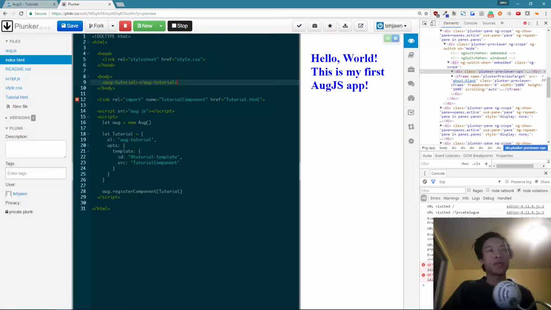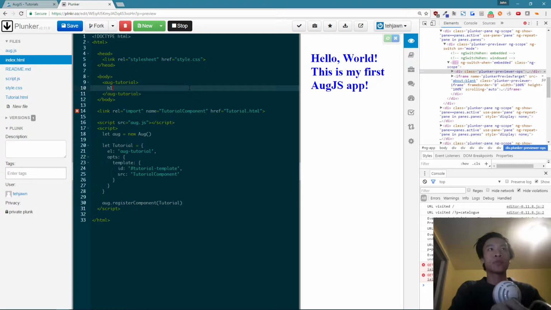Alright, cool. So that is the absolute basics of starting your first AugJS app. But let's just say you want to get a little bit more in detail. So let's give the HTML thing a shot. So over here, I'm going to do h1, and I'm going to make this h1 say yo. It didn't pop up. And why is that? The reason for that is because AugJS actually overwrites what's inside of this tag, sorta, kinda, using the shadow